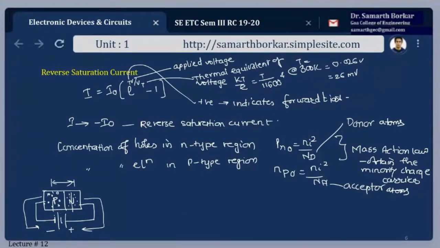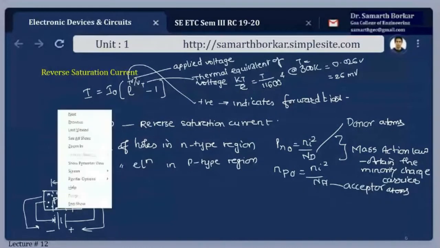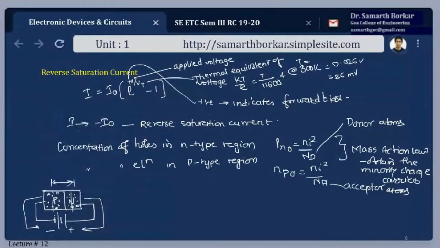But then we also said, in case of n-type region, there are minority charge carriers, and that will be holes. Here, the minority charge carriers in case of p-type material will be electrons. Fine. Now, what will be the action of this hole and electron? Say these are the holes, which are the minority charge carriers, and these are the electrons, which are minority. I hope you know what is majority and what is minority charge carriers. Now, these minority electrons will get attracted towards the positive end, and the holes will be attracted towards the negative end.